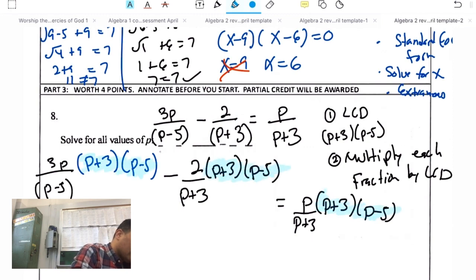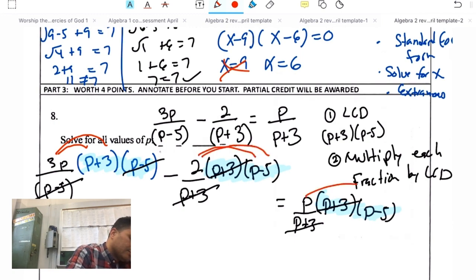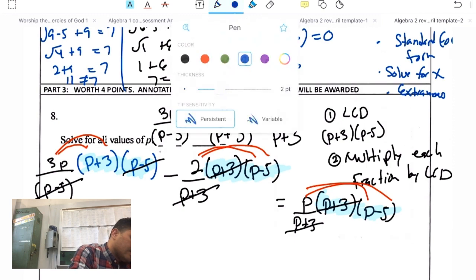Okay, so what's going to happen? The p minus 5 cancels out the p minus 5, p plus 3 cancels that p plus 3, this p plus 3 cancels that p plus 3, and then what we have to do is multiply 3p times p, 3p times 3, and 2 times p, etc. We have to multiply that out. So when we do that,